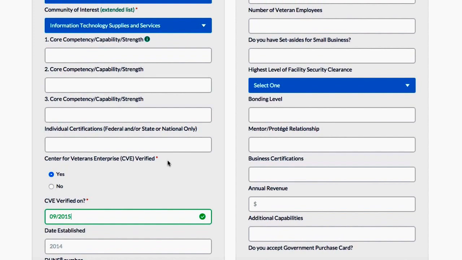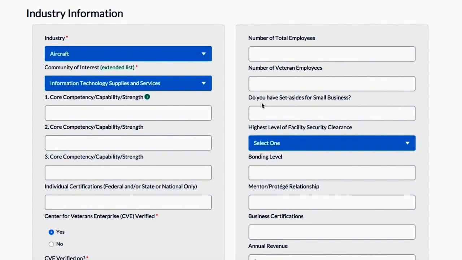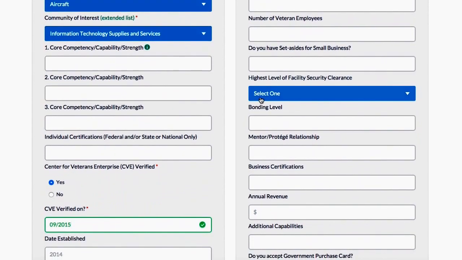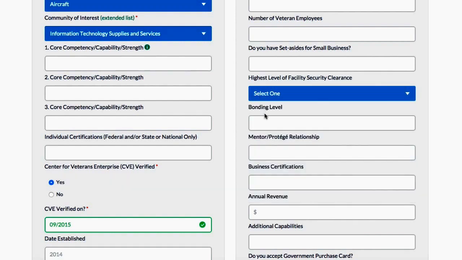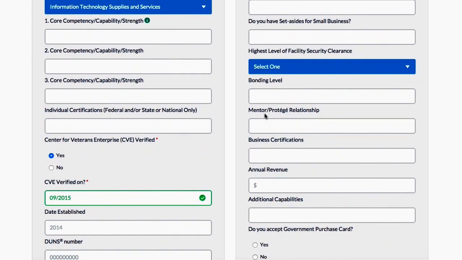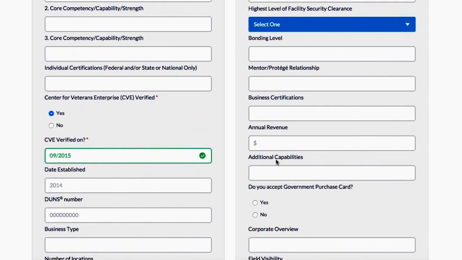On the right-hand side, this information is also not mandatory. However, we highly encourage you to enter this into your profile. This information includes the number of total employees, number of veteran employees, if you have set-asides for small business, highest level of facility security clearance. Click on the drop-down menu to make your selection, your bonding level, mentor-protege relationship, business certifications, annual revenue, additional capabilities,